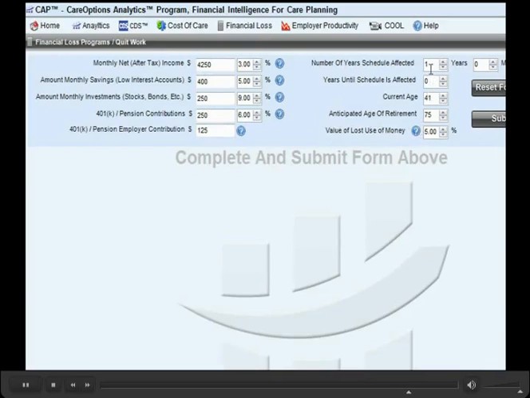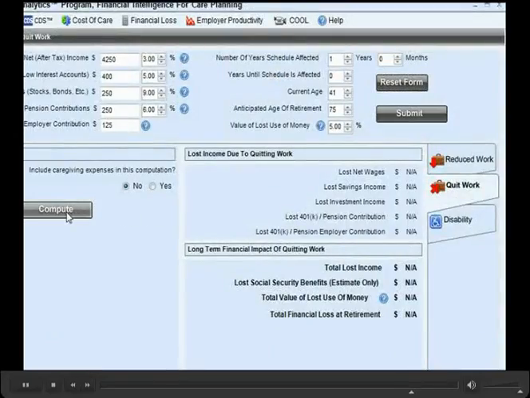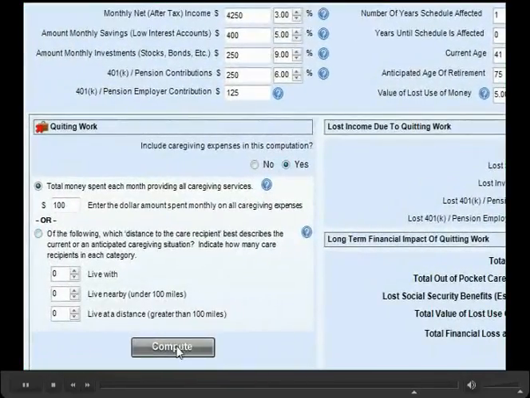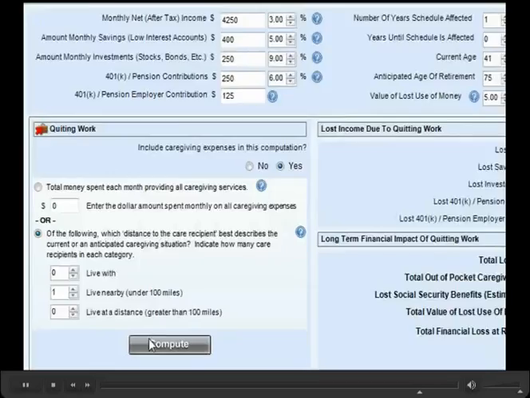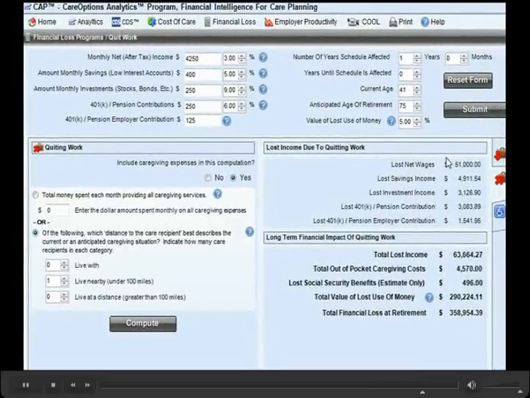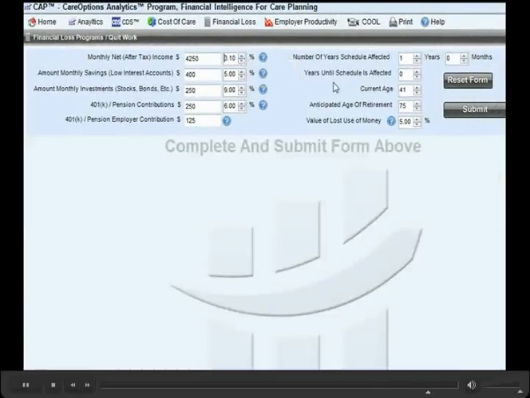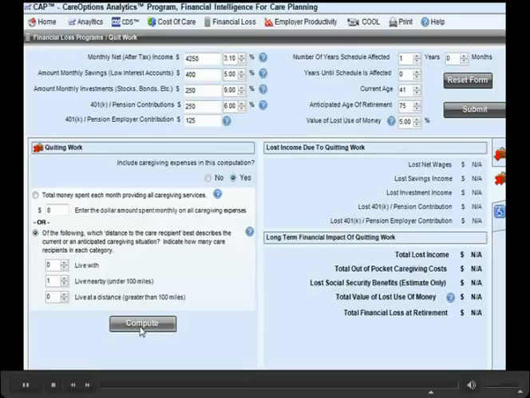For this example, we'll compute caregiving expenses again for one individual. Hit the Compute button, and the total 1-year losses at retirement are given. Again, remember you can always change the variables to create different scenarios for your client for their financial planning. Just change the variables